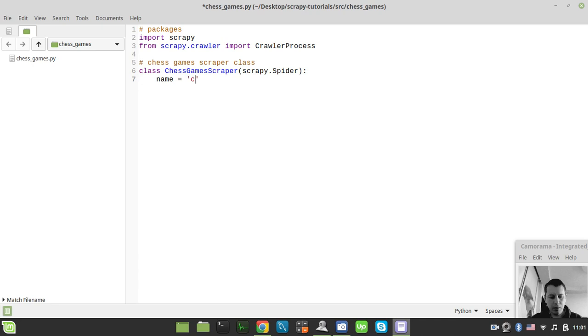So let's call this chess games scraper. It's just needed to make it actually possible to run this stuff. And here is the main driver for our scraper. So I can simply say if name